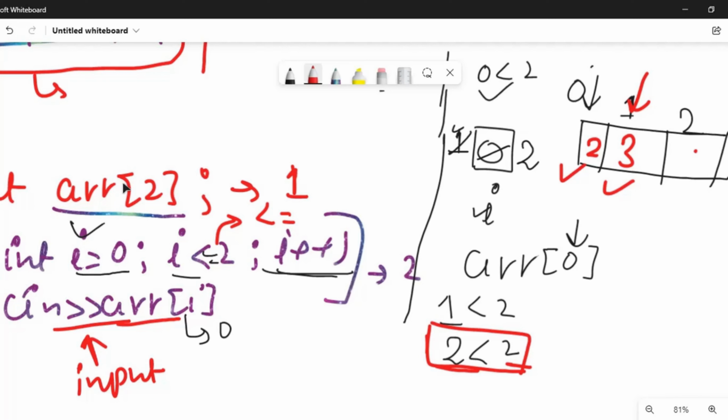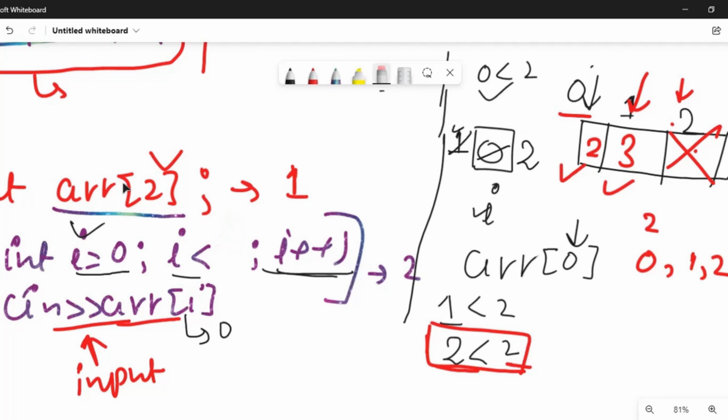So for that we need to run the loop from 0 till n-1. Why n-1? Because here we are going to store the value; if we have 2, we'll have elements on the 0th position, the first position, and the second position. If we define here 2, sorry, it's my mistake. We are not going to have this position. This condition was actually correct. We were not to use this condition. Yeah, so let me write here 2.